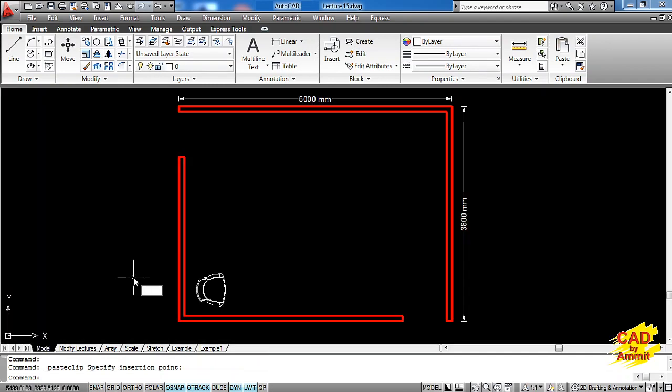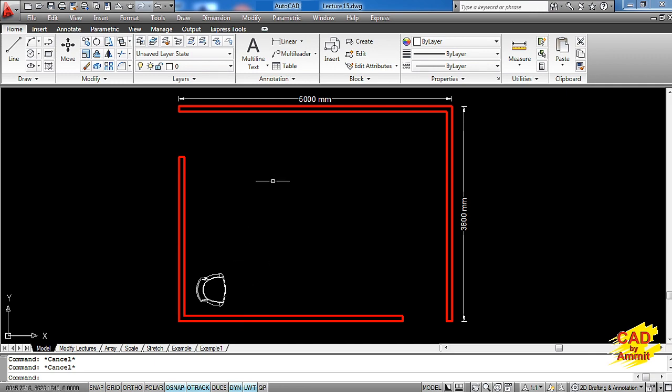For this rectangular array command, I am taking the example of this armchair. Now this armchair length or the horizontal distance is approximately 600 millimeters and the vertical dimension is also 600 millimeters. I want to make a rectangular array with this armchair.